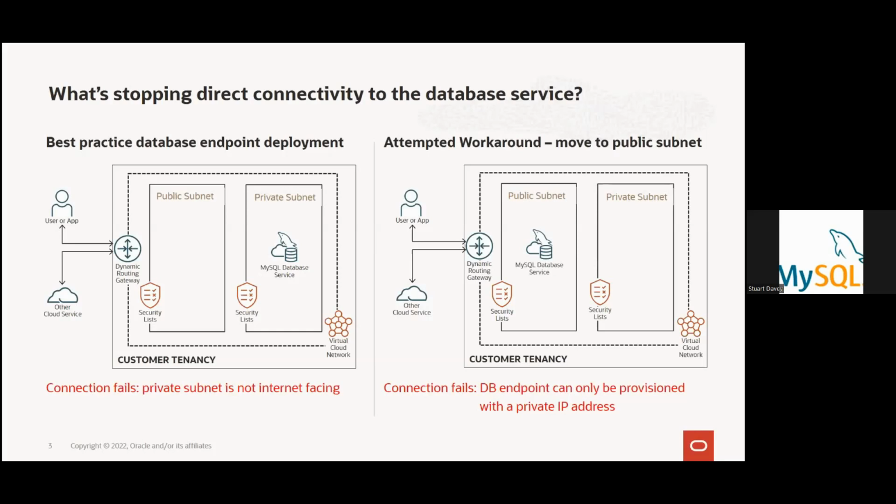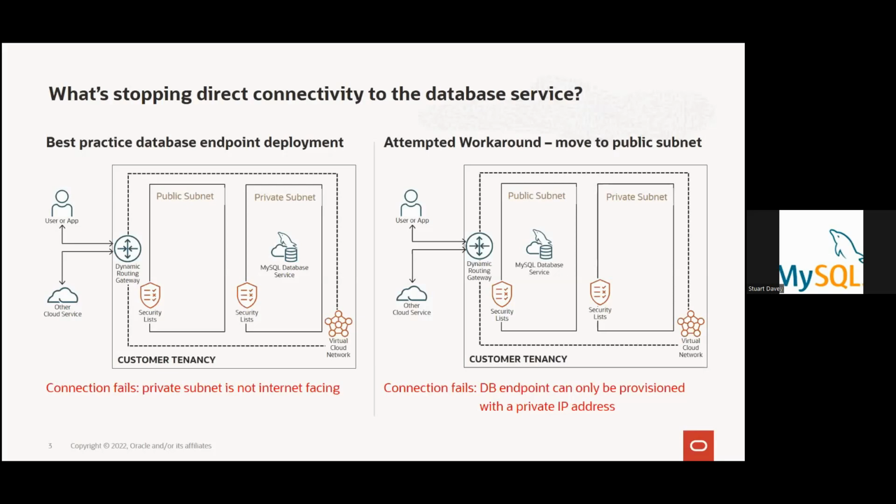And as soon as we have that issue, all of a sudden we can't directly connect to our database from outside of the Oracle cloud. So that makes things kind of difficult for applications where you've got a connection that's just trying to get to your database, but it's being beaten by firewalls or security lists in the case of the cloud. If you look at the left-hand side, you can see that if you just tried as an application to come in from outside of your customer tenancy, outside of the Oracle cloud, you won't get to the MySQL database because you have no routing through to the private subnet